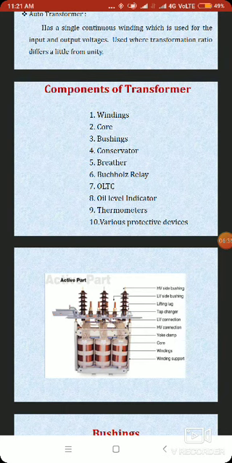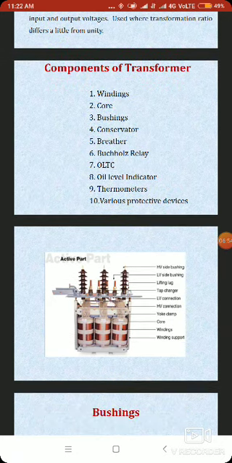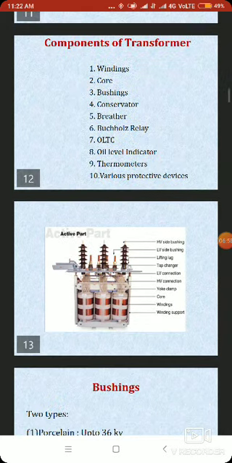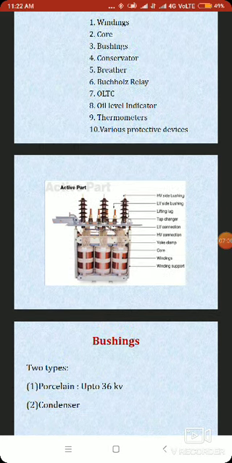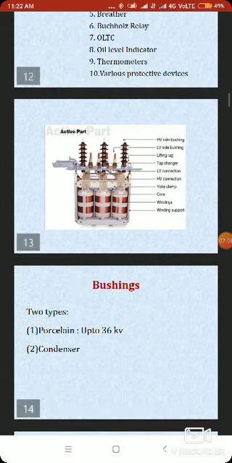That is only possible when it is seen in a manufacturing unit or when it is sent for some repair, you see. So the first part is the bigger size, that is the HV bushing, and the smaller one, already indicated in the diagram, is the LV side bushing. Then we have the lifting lugs, tap changer, then LV connection, then HV connection, then yoke clamp. This is the yoke clamp, and this is the core, then the windings, then the winding support. This is what the transformer looks like from inside.